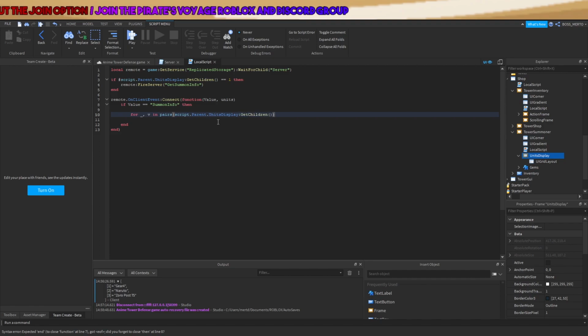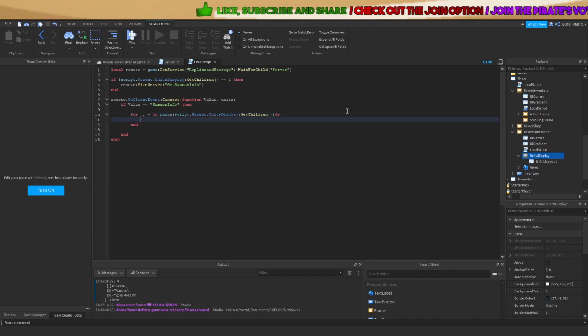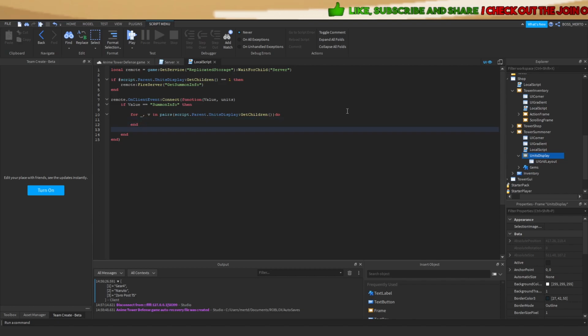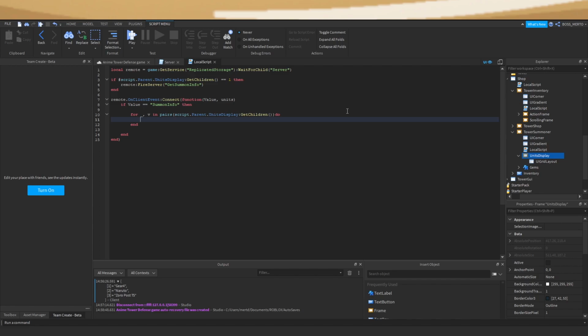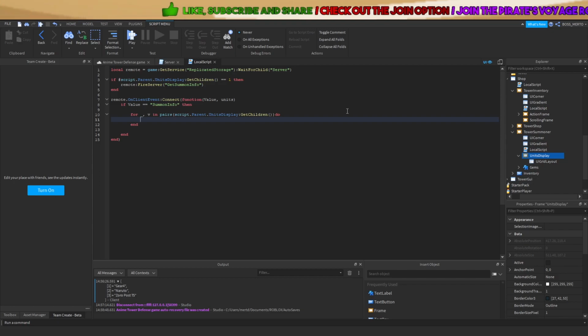And we of course need to get the children, means we need to get the components inside of this frame. So Roblox calls them children. And I consider it as a little bit misleading maybe to beginners, because under the term children, you would not imagine any components or such, in my opinion. Okay, so now we are looping through this frame right here, and now we want to check if the thing we are currently at